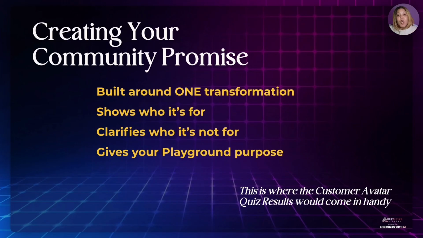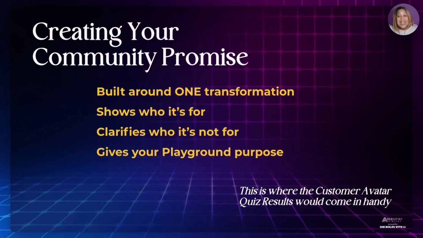Transformation. You need to be clear on what it is that you're going to be offering the people that your transformation is built around. This promise comes directly from the problem that you solve. A lot of my people are overwhelmed. They're not clear. They know they want the business, but they feel like they're all over the place and not going anywhere. That's because it's just a lack of system and a lack of accountability. Once they start getting the systems and have somebody to keep them on track, focused on what they need to be focused on, then they see results. Right? And that is the academy for me. What is that for you?